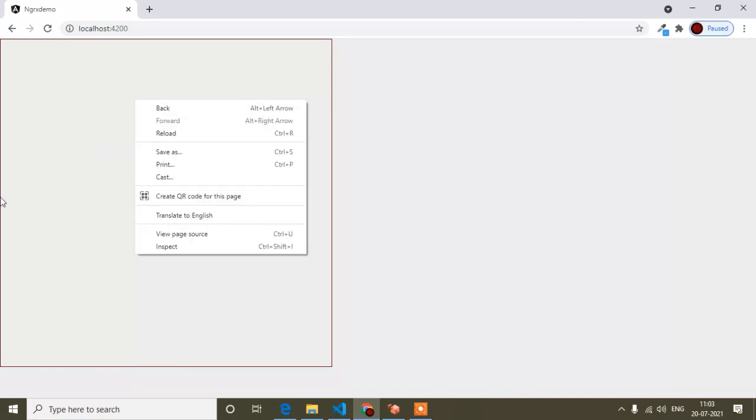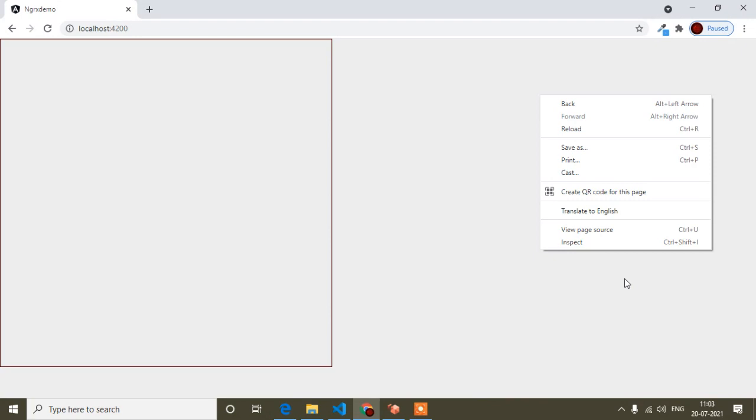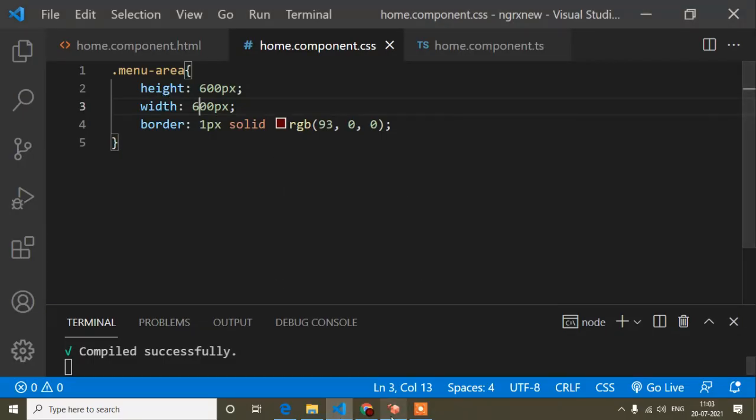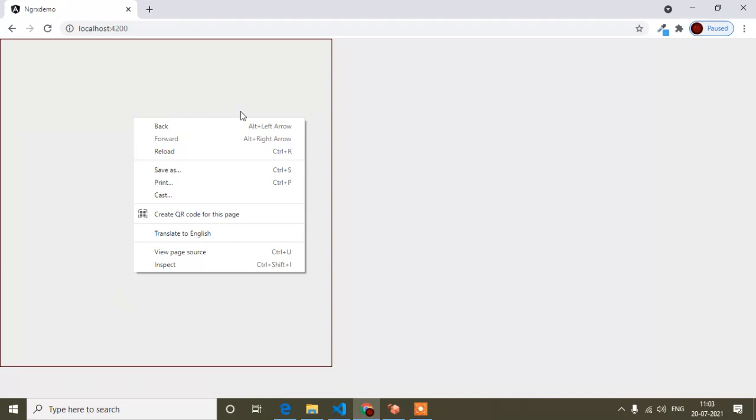Now when I right click inside this div, the menu that opens will not be the default menu, sorry, it will be a custom menu. But when I click outside, the default menu will open. I am saying the same thing again: you can modify the whole page, but I will modify it only when I click inside this div. First of all, you can see that when I click inside this div, the menu opens by default. So first of all, I have to hide this default menu.